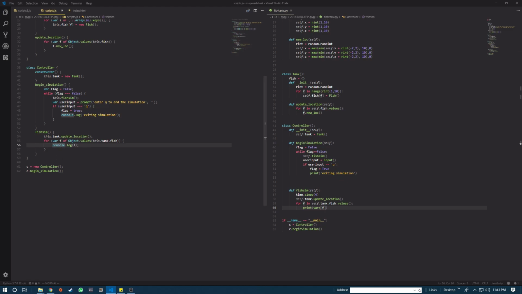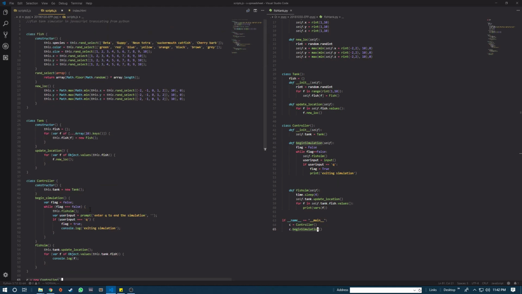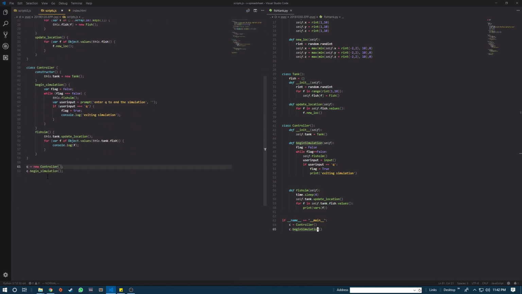Okay, and then we have the prompt for quitting, which is the Q button, and it checks if the user puts that in, and it'll exit out of the while loop if that's true, and say it's exiting simulation. And then at last we have the creation of the controller object, and then the execution of the begin simulation function, which is line 61, the first code that's really executing, if you think of it that way. Everything else is just classes that are getting called and wrapped and